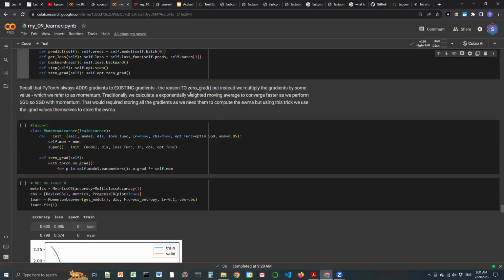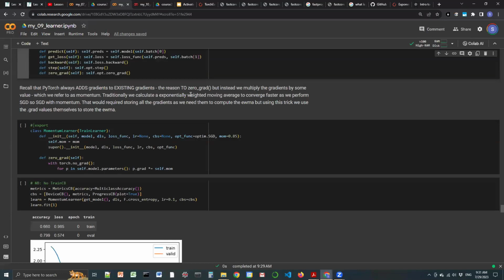Now, as we go through the next several lectures, we will really understand the concept of what momentum is and how it is used in order to accelerate our learning, and to get us to find the best solution or the most generalizable solution that we can get through our training process. In my opinion,